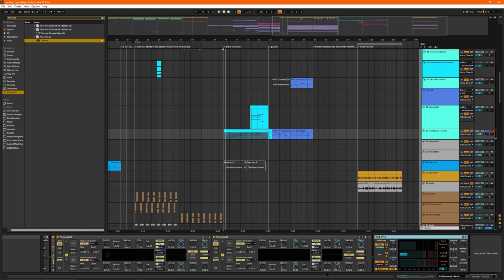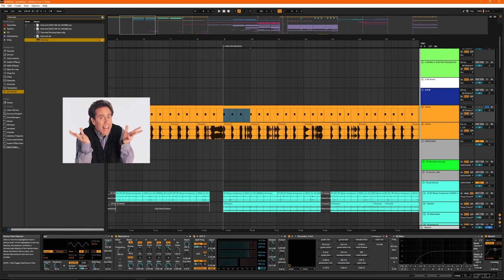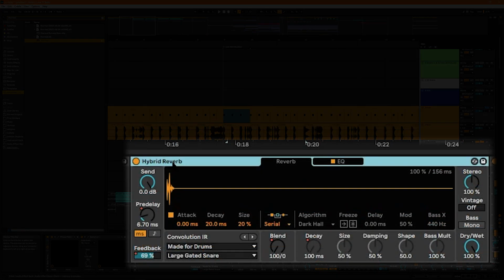Next, let's see what's next. Hybrid reverb. All right, this one's exciting. I like this one. Oops, I just took a screenshot by accident. Hybrid reverb. Okay, so what's the deal with hybrid reverb? Hybrid reverb also has a feedback section right down here, and it is really cool because when you automate the pre-delay, that acts as the delay time. So on this kick here,